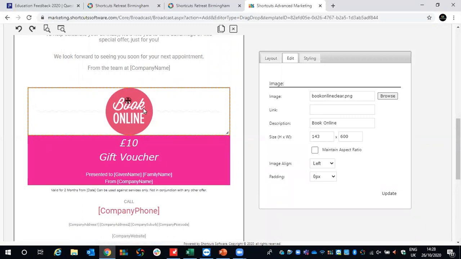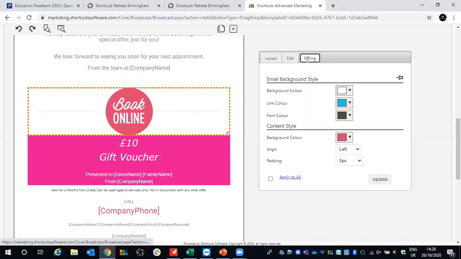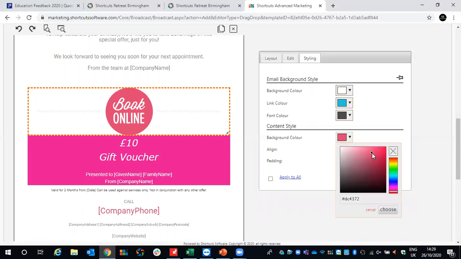So if we were to click onto this, click onto styling, look, we've got the background color here. We can click onto this. We can start to move these colors around just like that. So we can see we've got so many more editing options available to us. So let's say we wanted to keep this color, this slightly darker color. We've got here what we call a hex code. So if we copy this,